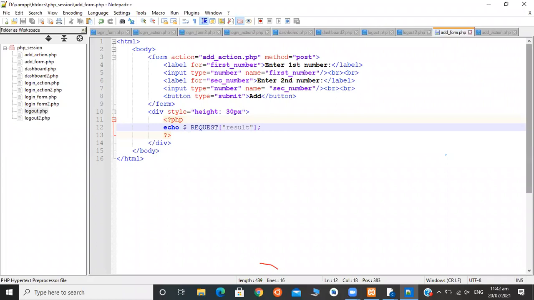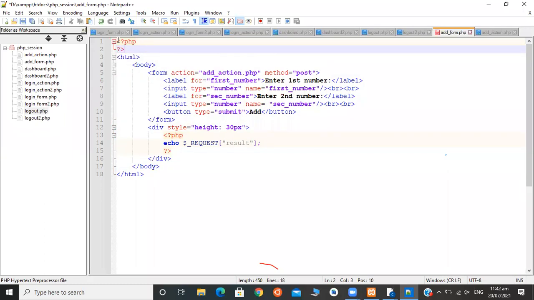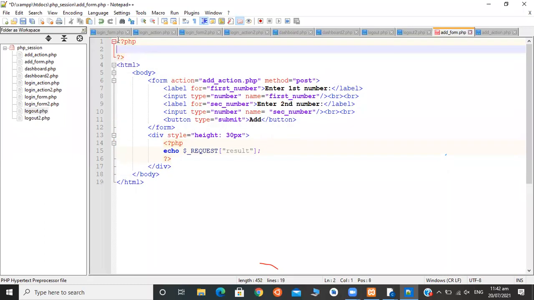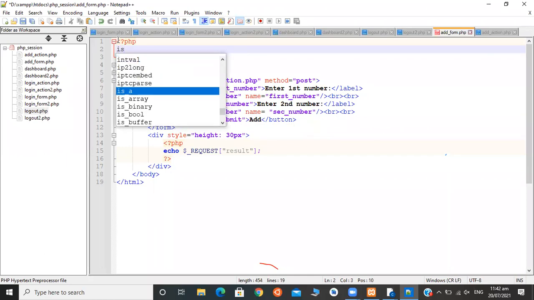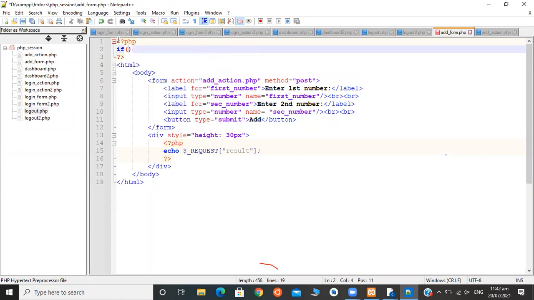In PHP, we can do the same as in the login form. Question mark. We are checking if result is present in the URL or on the server.